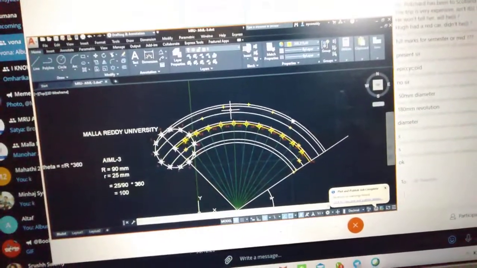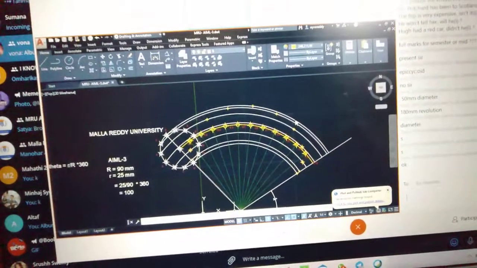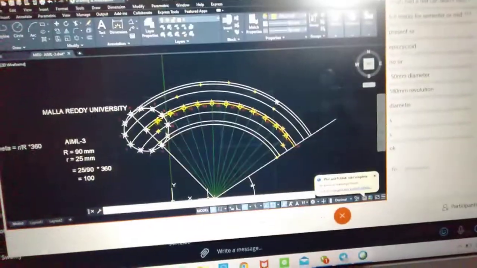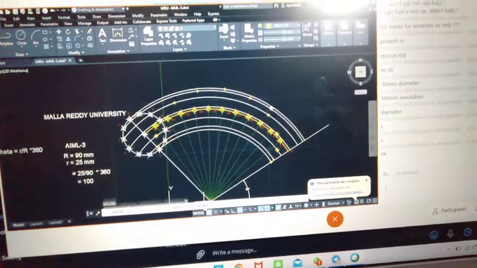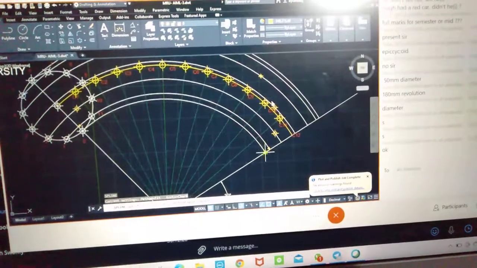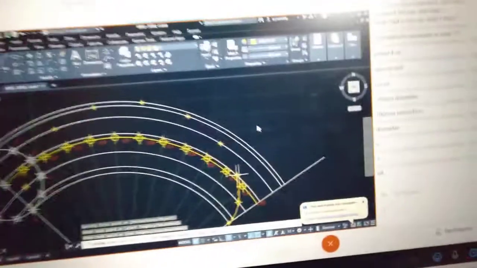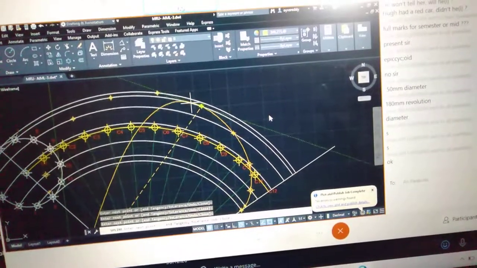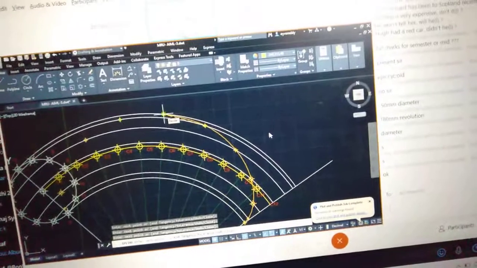Then, after doing the points, what is the command we need to use here for joining this? We need to use spline. Shortcut is SPL. SPL, enter, join all the points here: 11th point, 10th, 9th, 8th, 7th. If you mirror it, it does not appear.